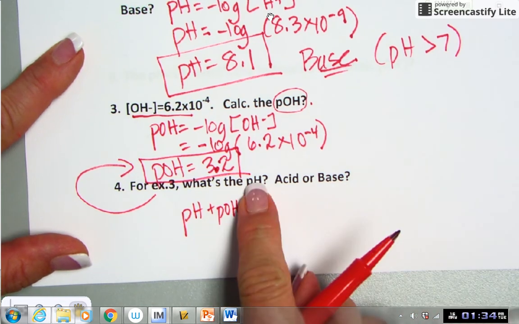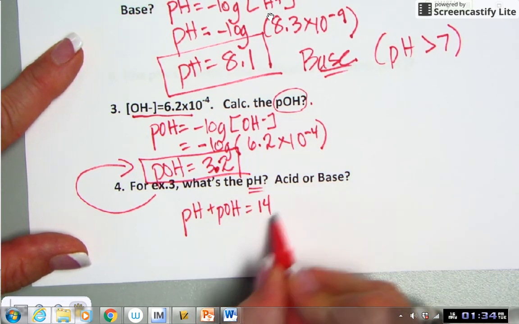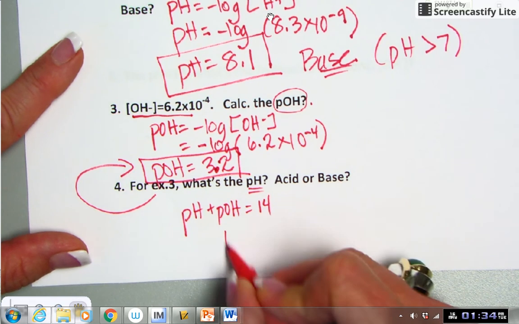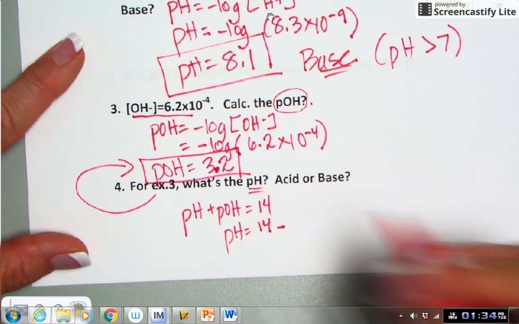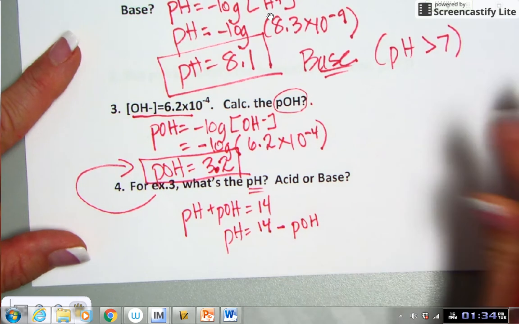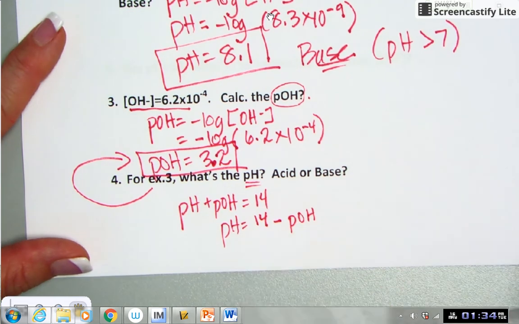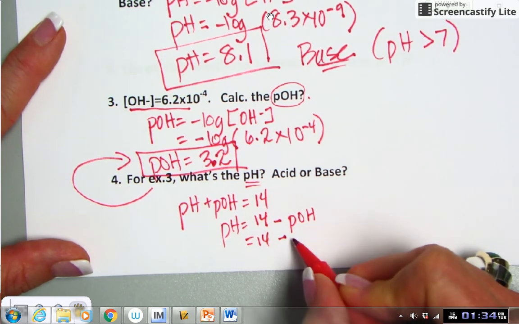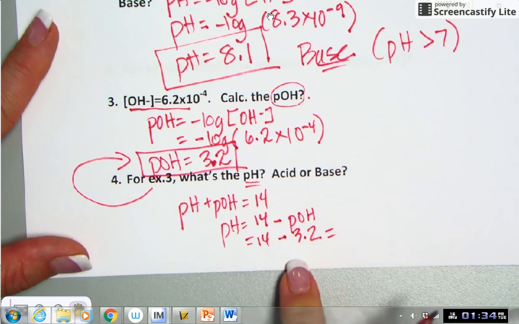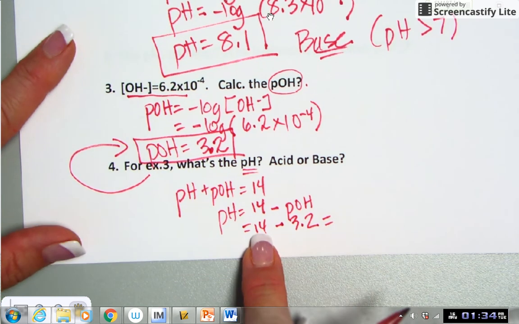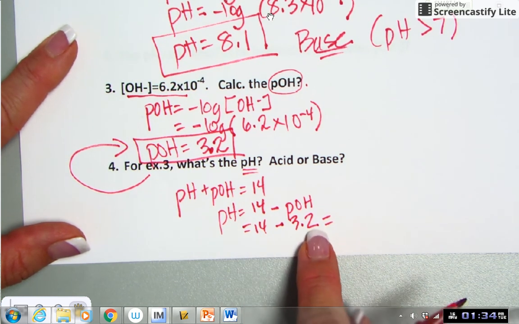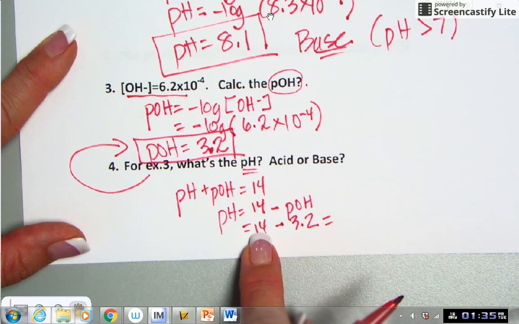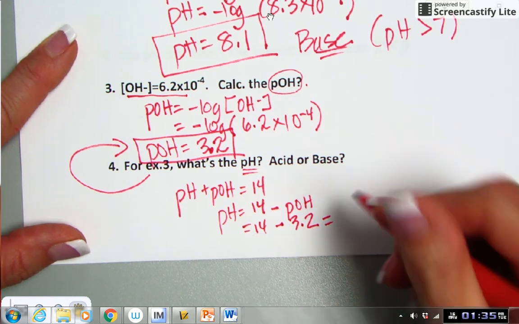Now, since we're solving for pH, I'm going to isolate my variable, which means I'm going to subtract the pOH over. So I'm going to go ahead and rearrange my formula. You don't have to do this before plugging in, but I like to rearrange my formula. So we're going to say 14 minus the pOH, which is 14 minus 3.2. Remember, this 14 has unlimited decimal places, so when you subtract, you're going to go with one decimal place because this one has one decimal place and this has unlimited. So when you subtract, you're going to end up getting 10.8